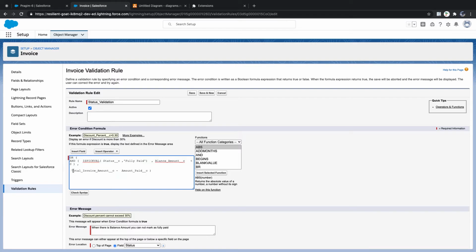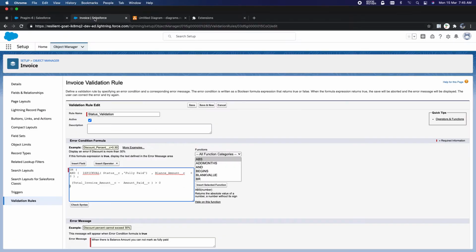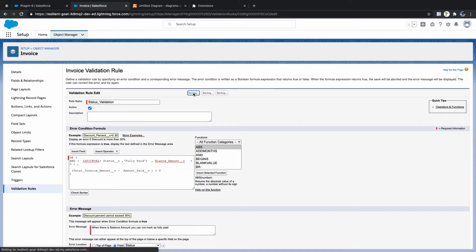Open bracket, close bracket. I'll say greater than 0. What I'm trying to say here is, if total invoice minus amount paid is greater than 0, then you should not mark fully paid. Clear? Any question on this?